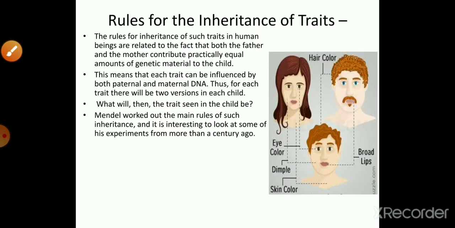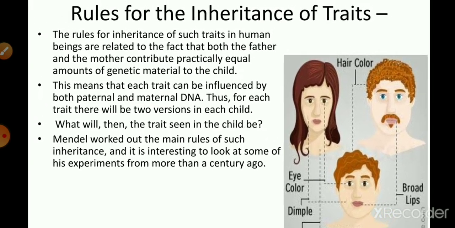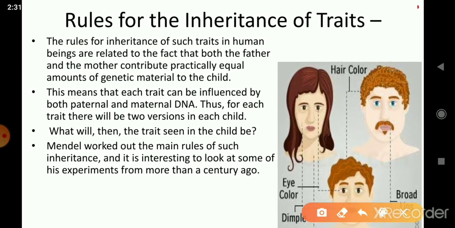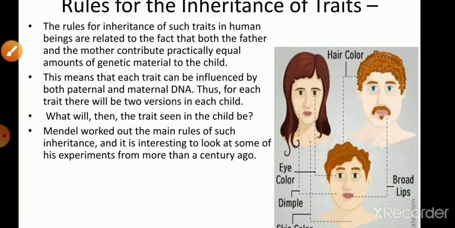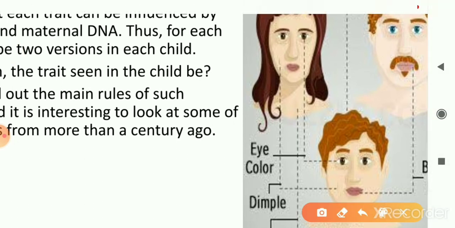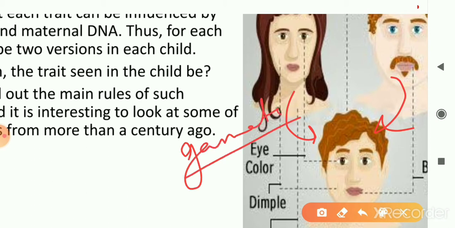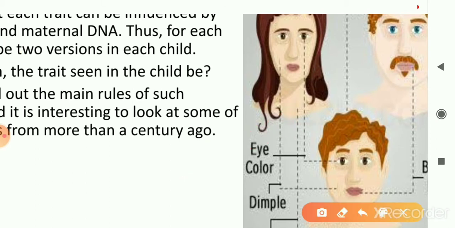Now let us discuss the rules of inheritance that Mendel had given. When we discuss the rules of inheritance in human beings, one thing that we need to know is that for each and every character that an individual gets from the parents, because human beings are sexually reproducing organisms, there are two parents involved, and both the parents contribute the genetic materials through those gametes that are involved in the process, right? So for each and every character that an individual has, both the parents will contribute their genetic